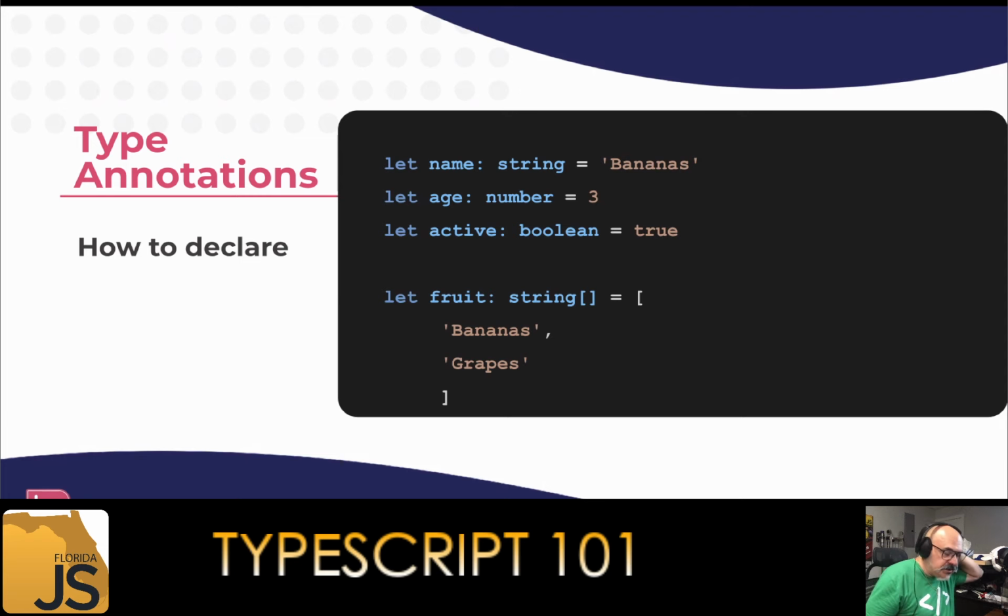So with tuples, pardon me, there is something to it, and I think I have a slide on here, but there is a way to say this is an array specifically of a string and a number. And although we have those in C# and Java, I've never understood why. This is different than, for example, having an array of objects where you would have different types in the object.